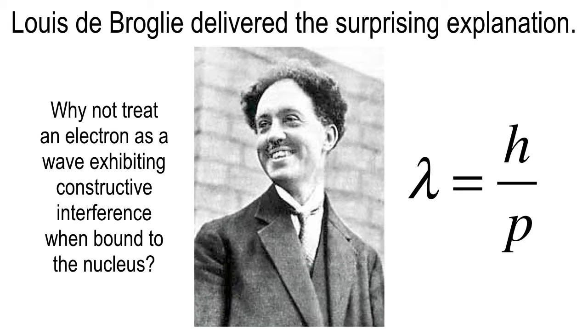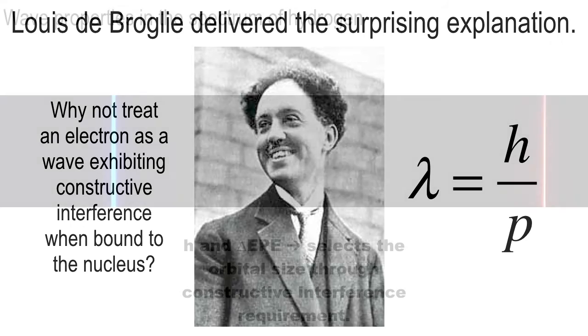But what about electrons? Everybody heretofore thought of electrons as particles, but what if they also have wave behavior? And he said, if you do that and use this formula, lambda equals h over p, to figure out the wavelength of the electron wave, everything works out in the hydrogen atom. It explains everything